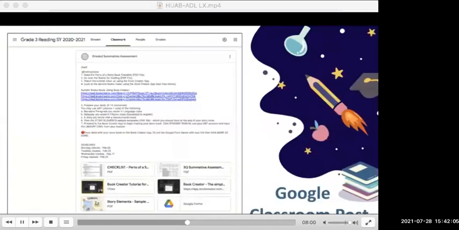Instructions for this assessment were explained by the reading teachers in their respective classes. We tried our best to simplify and be specific with the instructions in the Google Classroom post. Everything they needed to make their storybooks were uploaded: a checklist of what they needed to accomplish, the rubric for grading, sample templates for the story elements, tutorial videos on how to use Book Creator for students and also for their parents or tutors, sample books made using Book Creator app, and lastly, the Google form.